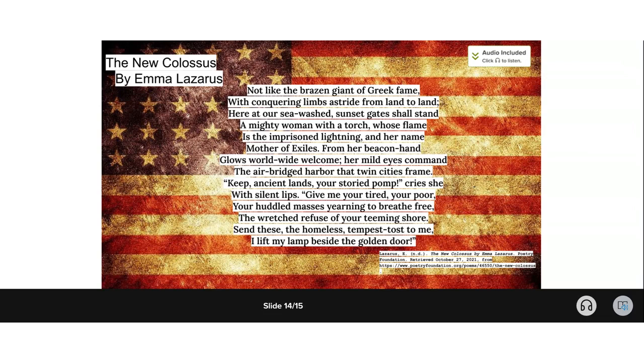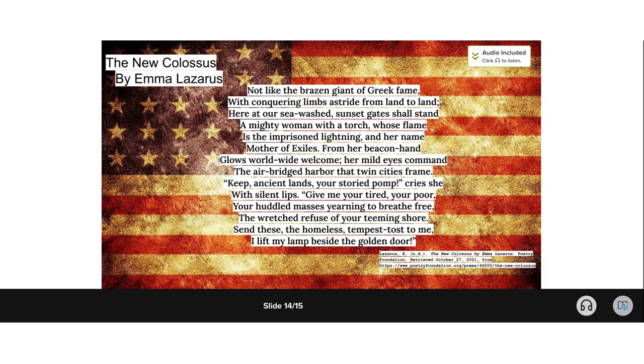Here at our sea-washed, sunset gates shall stand a mighty woman with a torch, whose flame is the imprisoned lightning, and her name Mother of Exiles. From her beacon hand glows worldwide welcome, her mild eyes command the air-bridged harbor that twin cities frame. 'Keep, ancient lands, your storied pomp!' cries she with silent lips. 'Give me your tired, your poor, your huddled masses yearning to breathe free,